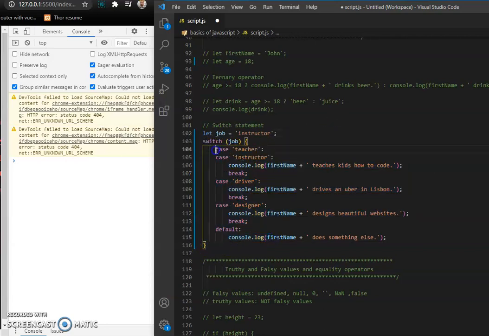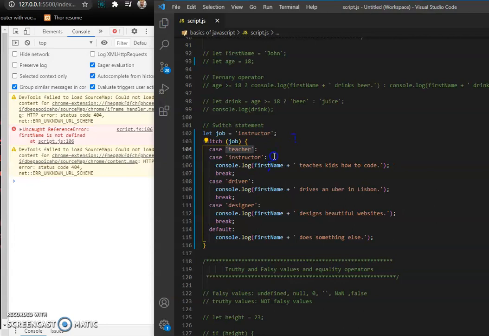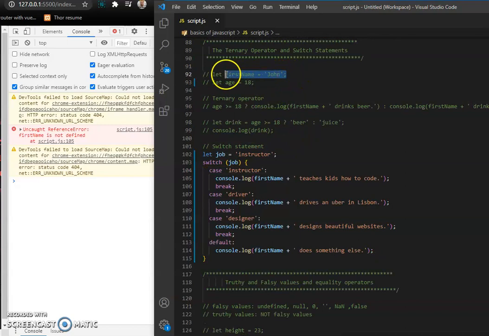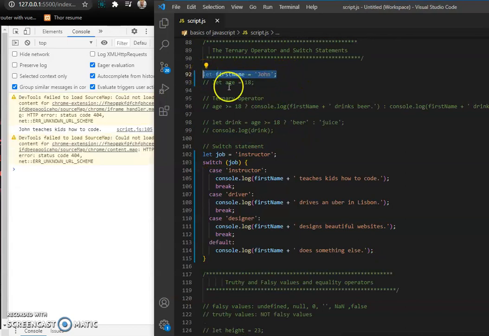So you need first the case. This is case, it means it will check the job. If job is teacher or... this is wrong. We need first name, and here if the job is instructor, he will fire this line, and you need to put a break